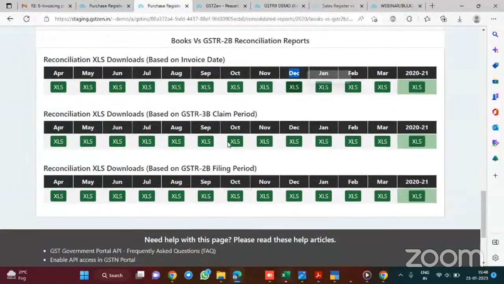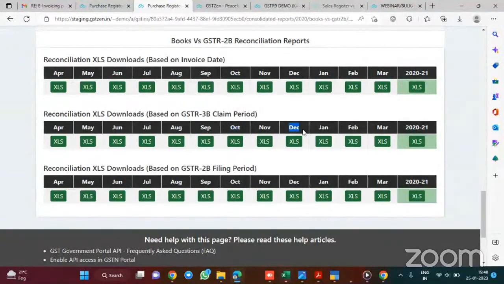Second is GSTR 3B claim period. This information you can provide while uploading your purchase register. There is a separate column that you can use to upload this information. There might be an invoice dated October, which you are claiming in December.